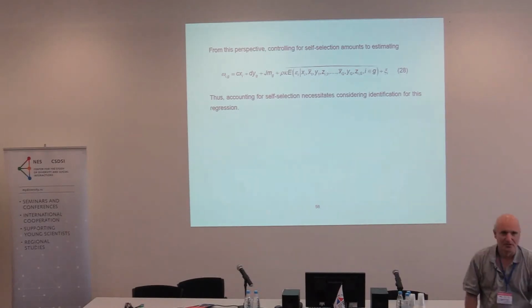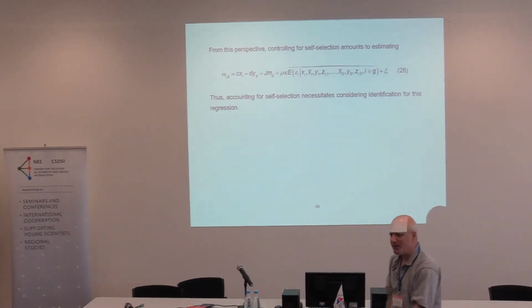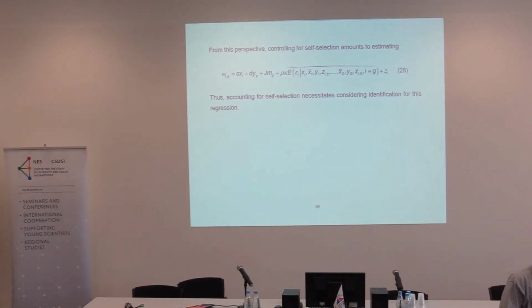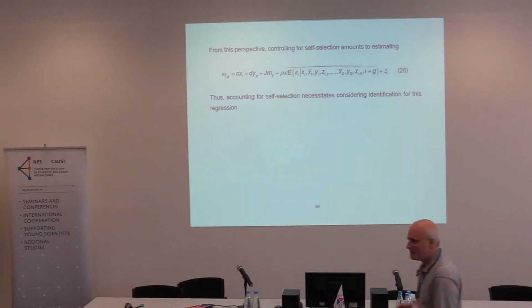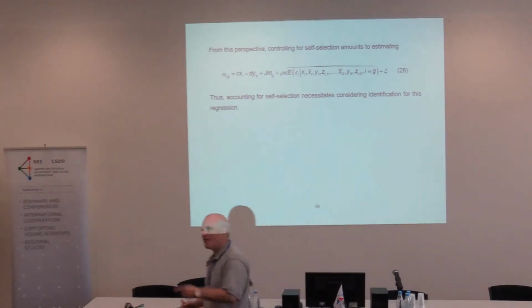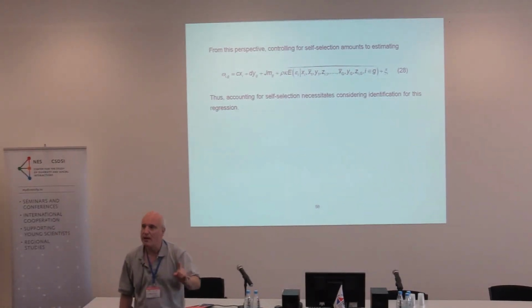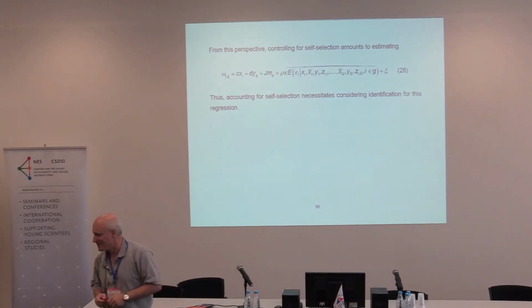Now that should sound strange. Don't you hear things? You say, oh, random assignment, randomized controlled experiments. Those are the gold standard for empirical work. Don't we read that all the time? Well, I do. I don't believe it, but I read it all the time. I just gave you an example where if there were a random assignment of individuals across groups, identification would fail. If there was endogenous choice of group membership, identification holds. That sounds like the opposite of saying randomized assignment is the best thing.